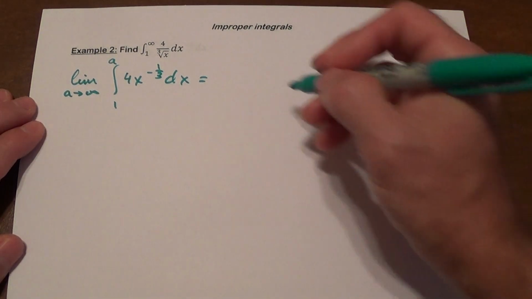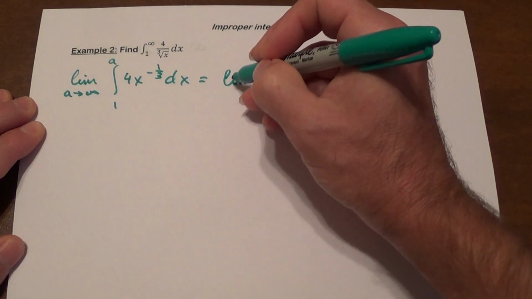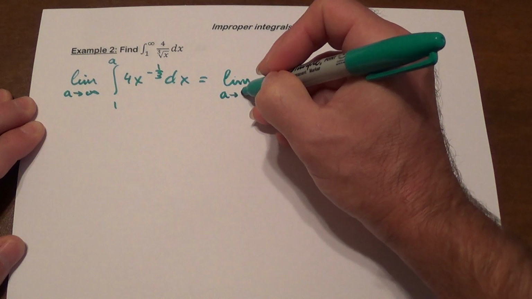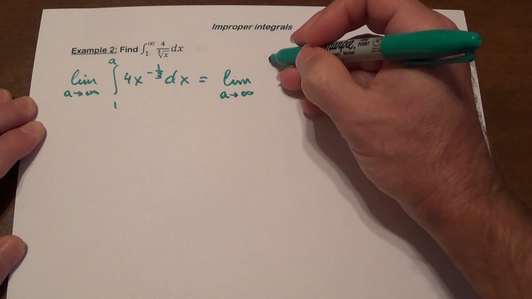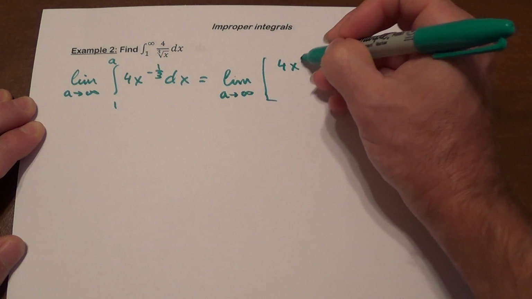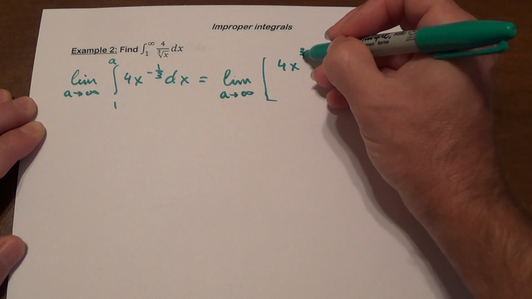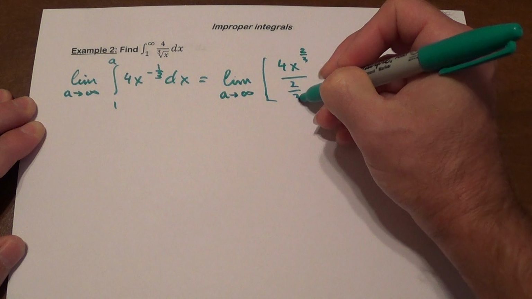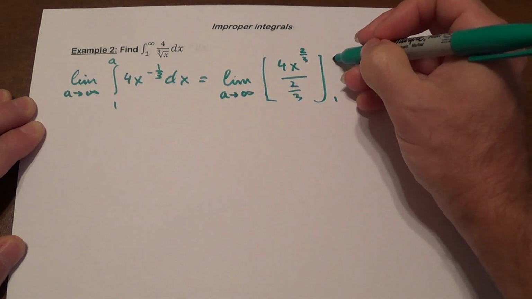So we got that. We're going to have the limit as a approaches infinity. So when you integrate this, it's going to give you 4 times x to the power 2/3 divided by 2/3 from 1 to a,